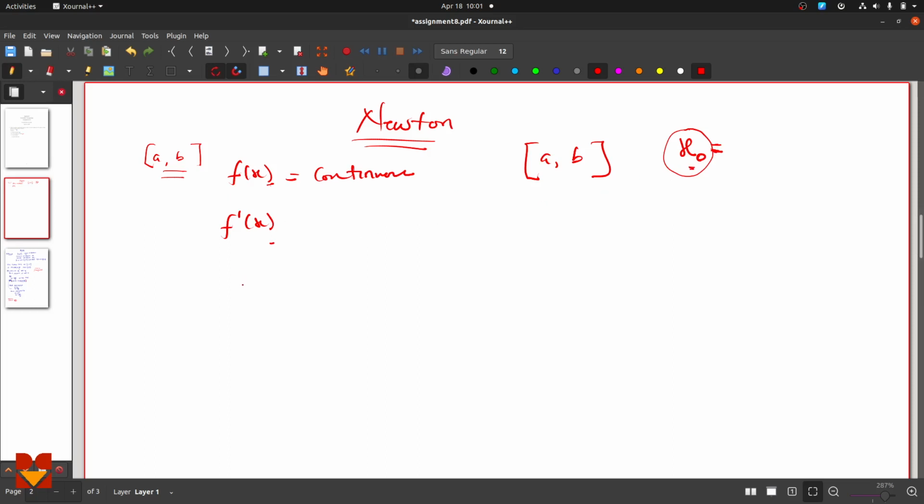Once you get a proper guess, your new x1, the approximated root, would be x naught minus the functional value divided by the functional value of the derivative at the initial guess. So this should be x naught and this should be x naught. This is how you do it, and then you keep repeating this until f of x1